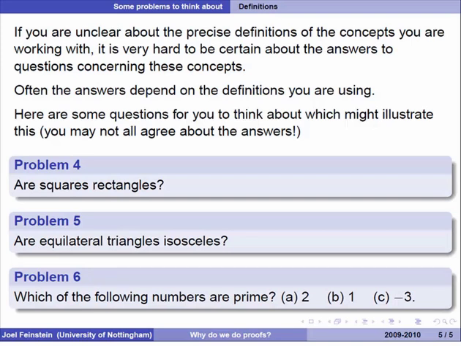And 3 numbers, which you have to figure out whether or not they're prime. This is an unfair question, by the way, but I'll be interested to see what people think. So the question is phrased as, which of the following numbers are prime? I think the answer could be different if I said, which of the following are prime numbers? Strangely enough. Anyway, part A, well, here the numbers are 2, 1, and -3. And so I'll give you a few minutes to think about those. And again, I'll pause the recording. I'll come round and see what people are doing.